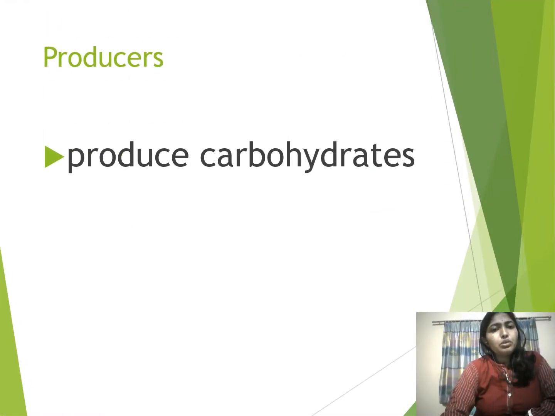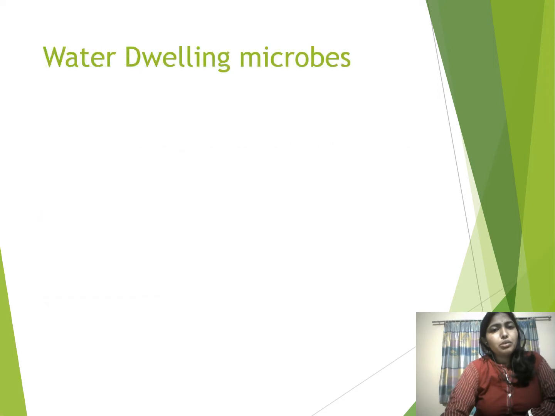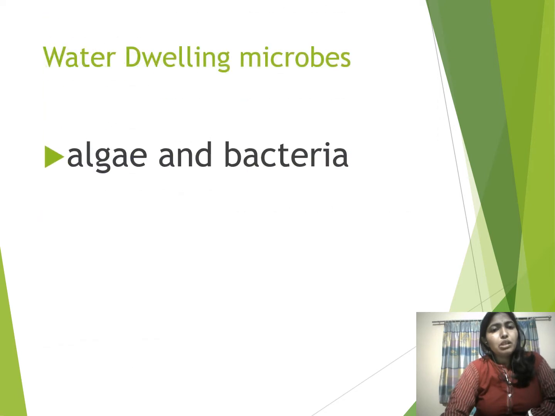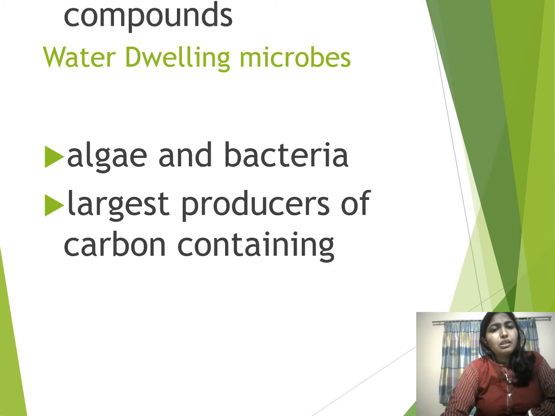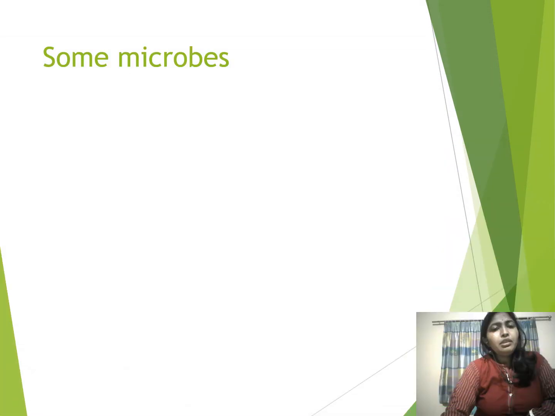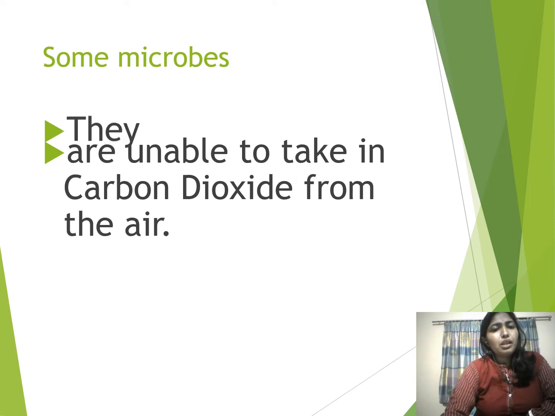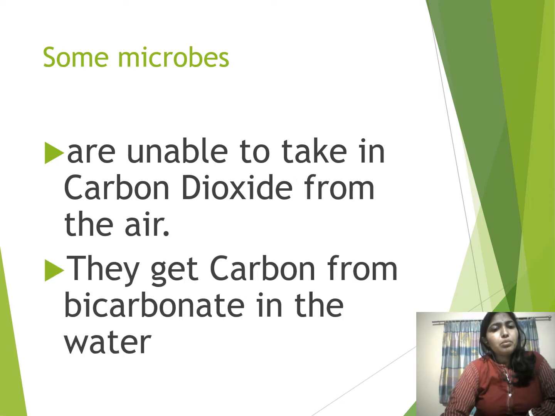Microbes also act as producers: they produce carbohydrates, break down starch into sugars, and convert sugars into alcohol. They have many functions. Water-dwelling microbes like algae and bacteria are the largest producers of carbon-containing compounds through photosynthesis. There are many different functions of microbes, and some are unable to take in carbon dioxide from the air. Some microbes get carbon from bicarbonate